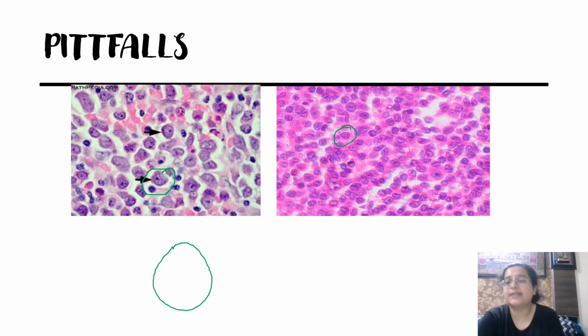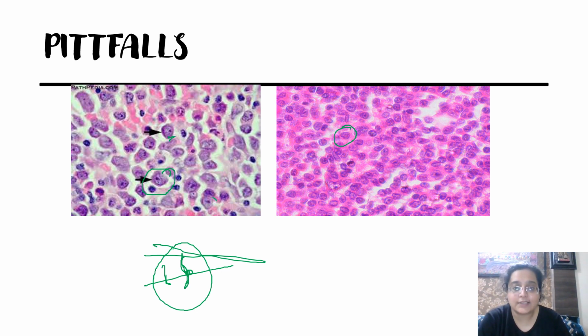Of course, flow and IHC are there, but as a morphologist, how are you going to catch it? Normally, a megaloblast has linear nuclei, and sometimes could be multiple. Very rarely, but linear. Now you see this is not linear, this is round. Yes, this is round, because again this is a 2D structure. Please imagine in 3D. If this were a 3D structure and I cut it from here or section it from here, it would appear like a dot, this surface. That's all there is to it.